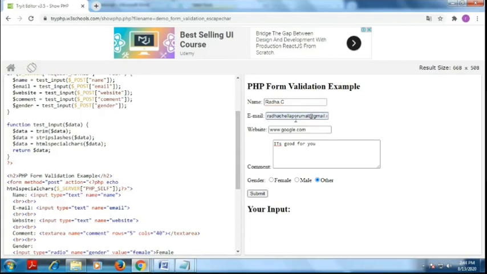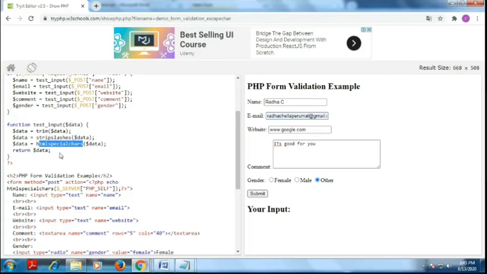Next, I go to the second one, email, strip slashes. So you have to specify this with different types. If you specify the email ID, you don't put the slash. This is one of the validations. Next, I go for website. You have to provide this without special characters. If a special character comes, it is not meant for a website name. So you see the meaning of this, then all the data is returned.